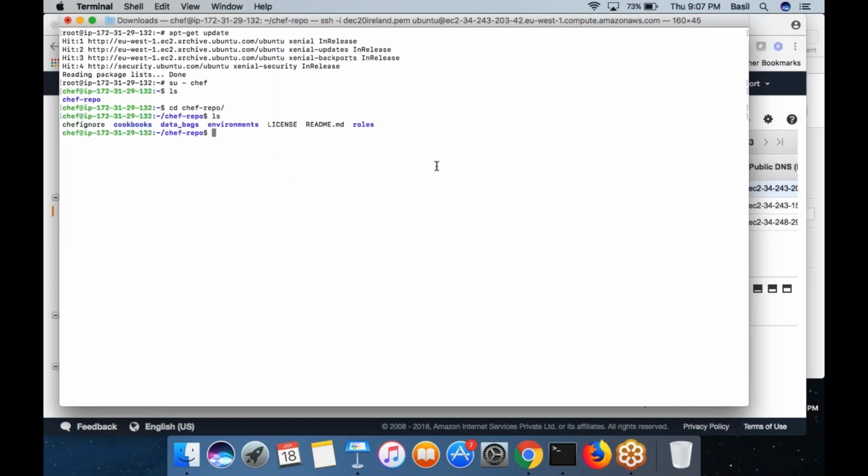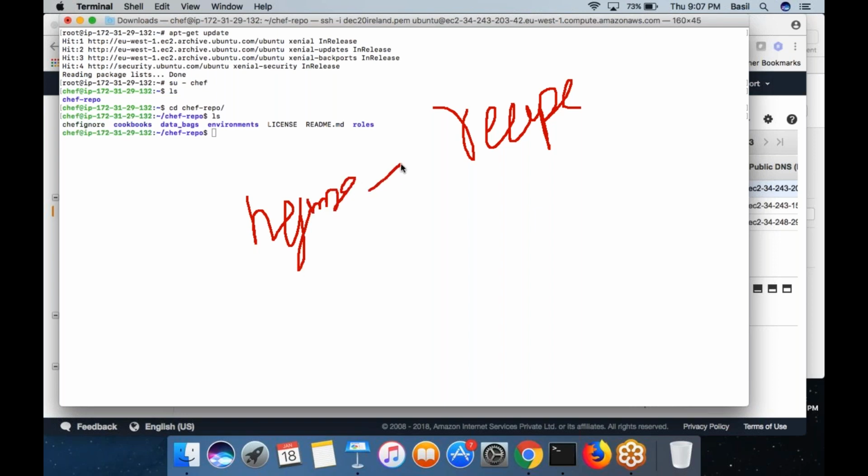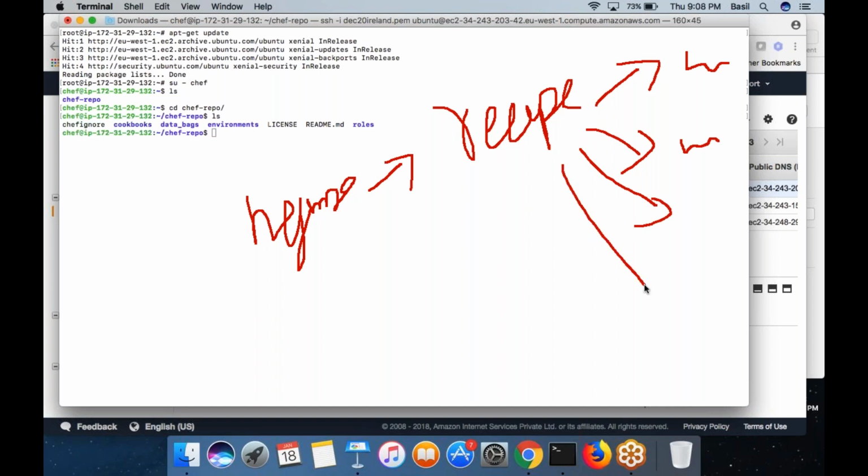So you are going to create a recipe, and this recipe you are going to keep inside a cookbook. First, you are going to create a cookbook called nginx. Inside this nginx cookbook, you are going to create a recipe, and inside this recipe, you are going to write down different rules. One rule for installing Nginx, second rule for starting the Nginx service, another rule for enabling the Nginx service at boot time, and the last rule for copying some website files into the document root folder. So these 4 resources you need to write down, and combining these 4 resources, you would create a recipe.